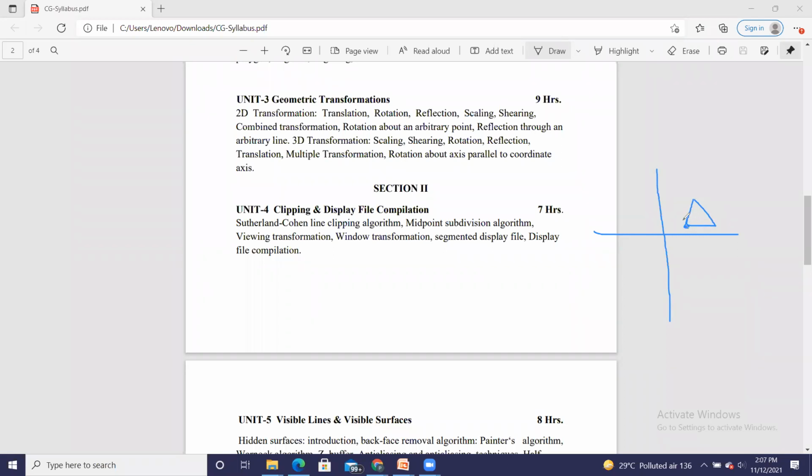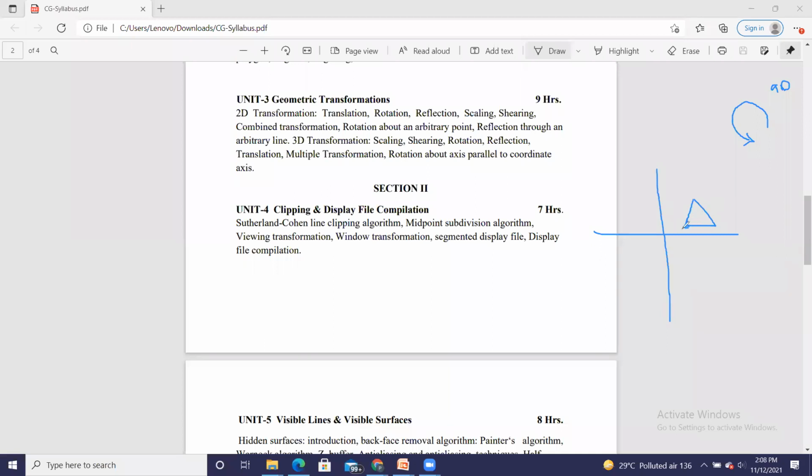So whenever I want to rotate it by 90 degrees, always remember computer graphics supports rotation anti-clockwise. Anti-clockwise means in this direction, opposite to that of the clock. So it always provides you the rotation in the anti-clockwise direction, and the specified angle is 90 degrees. So if the angle is 90 degrees, then what will be the resultant location of this triangle?